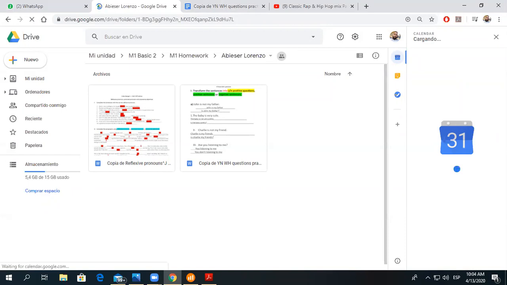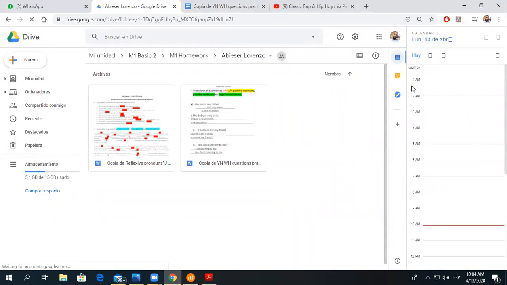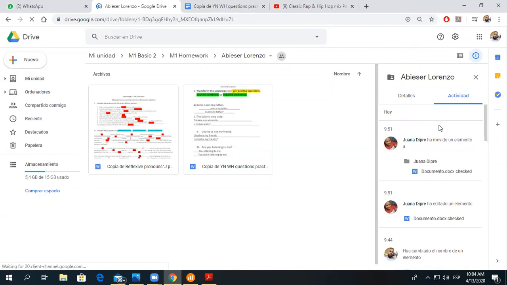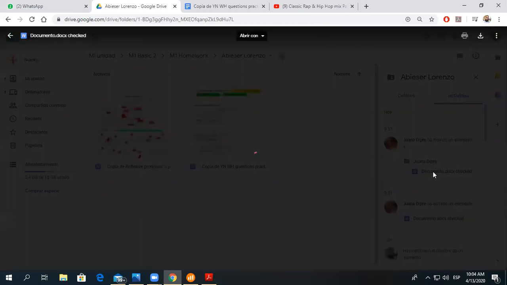Today, come on. No, the activities, the beach. There you go. Oh, Juana Dipre moved an element. What element? Easy. Juana, what is Juana? Juana is changing Abieser Lorenzo's homework. This is